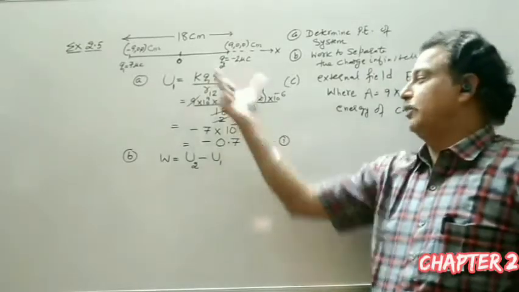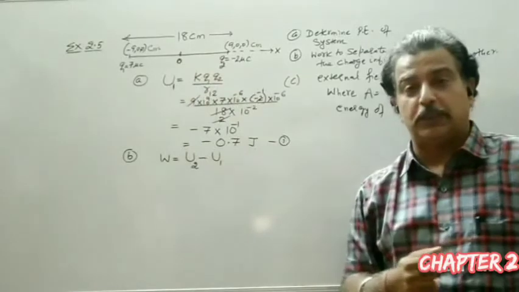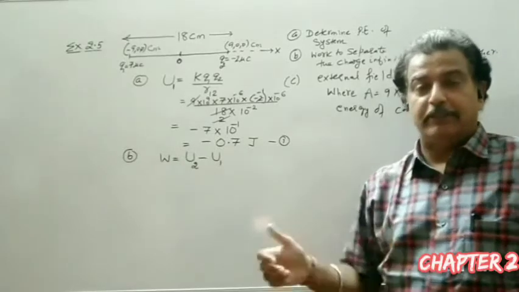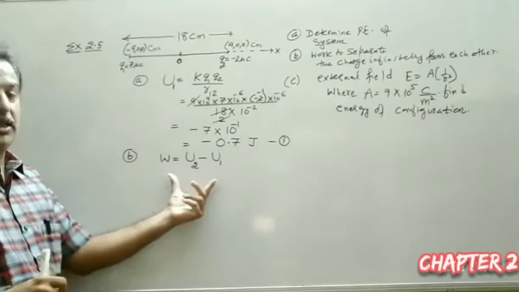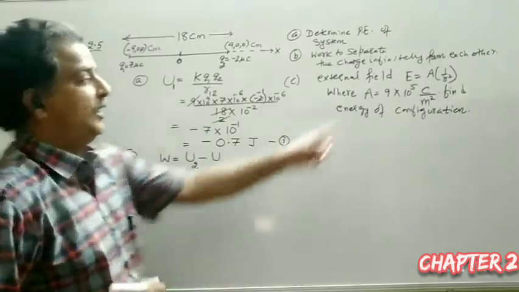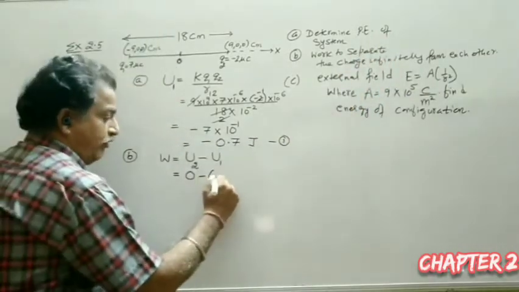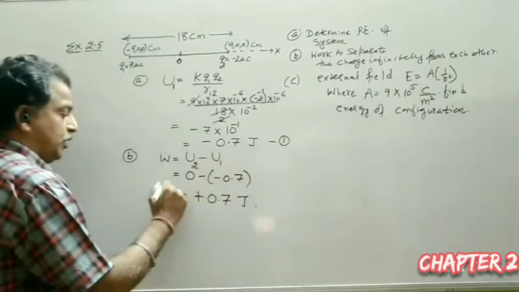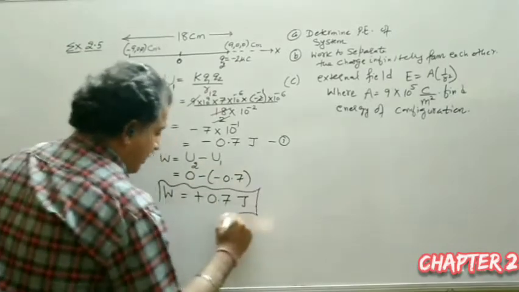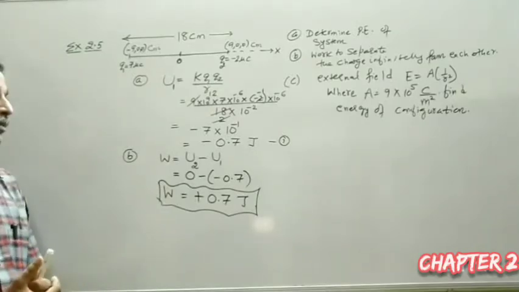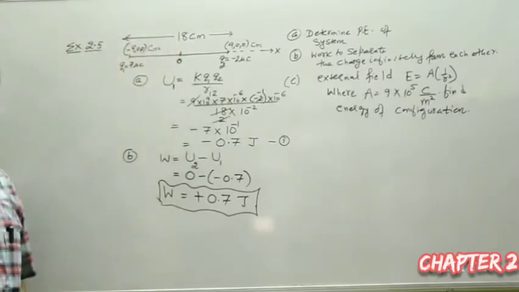Similarly, they are bound by this much energy. You have spent this much energy to keep them at their respective positions. Now clearly, if I give energy opposite to this, they will be separated to infinite distance. So instead of minus, we will have a plus sign, or by formula, final potential energy minus initial potential energy. Final will be 0 because the distance is infinite. Minus of minus 0.7 joule, so it becomes plus 0.7 joule. So this much work is required to separate these two charges. Otherwise, they are bound to each other at the 18 centimeter.